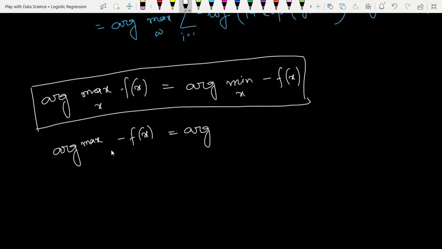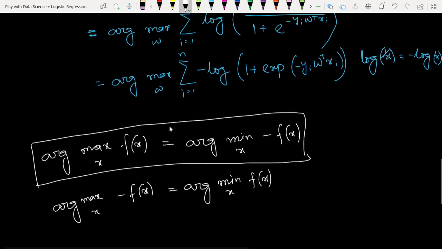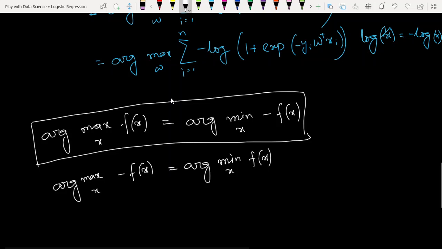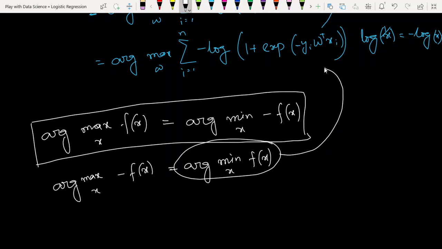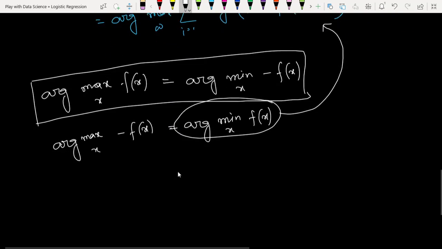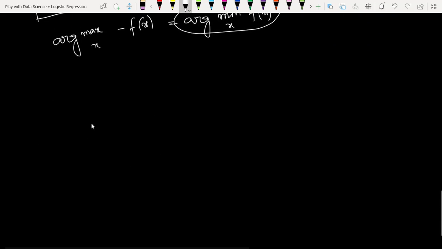Max of minus f of x is equal to arg min of f of x. So just apply this formula. Here we have minus, so we apply this formula in this function. Then what will we get? Finally we will get